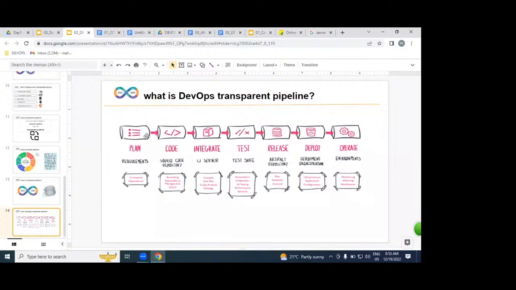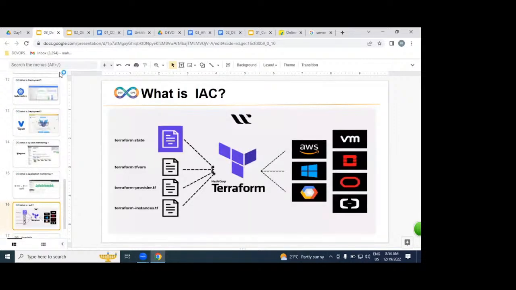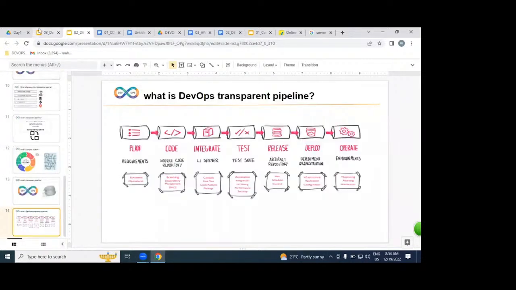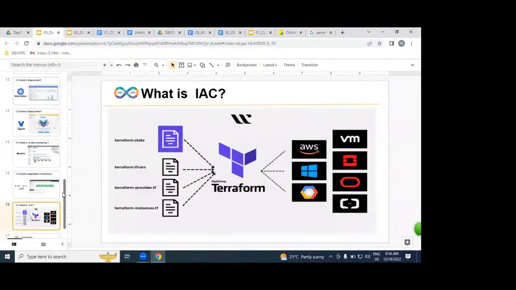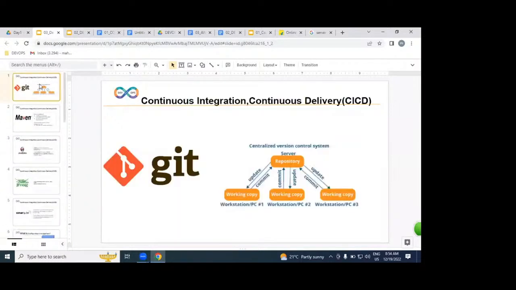How exactly do these tools fit into this diagram? Let us understand. Firstly, n number of developers write code. That code is maintained by whom? The DevOps engineer. But the DevOps engineer maintains it using which tool? Git. Git is a version control.